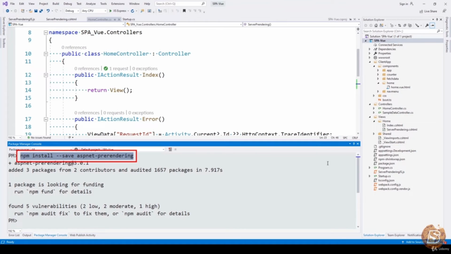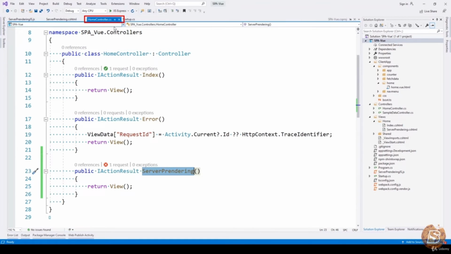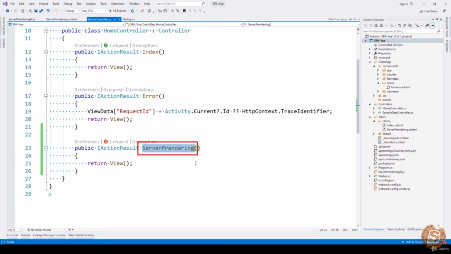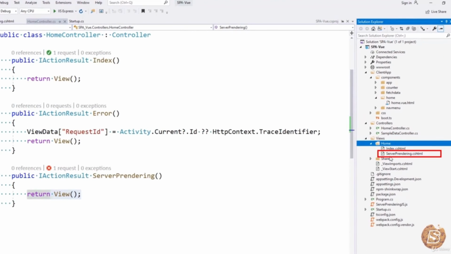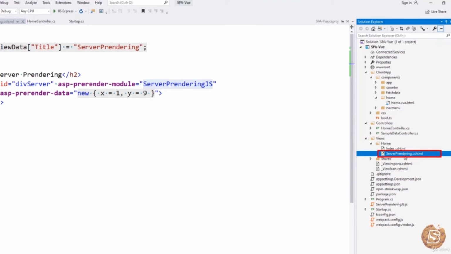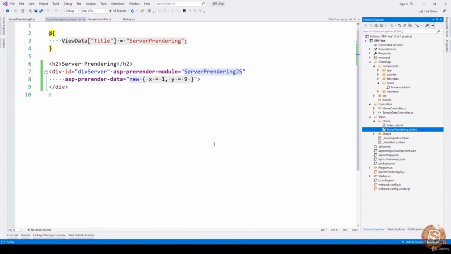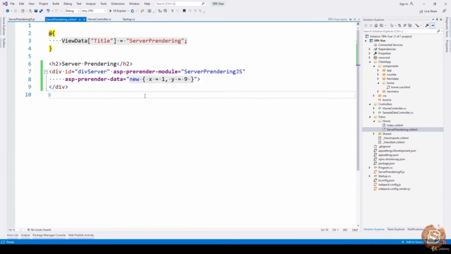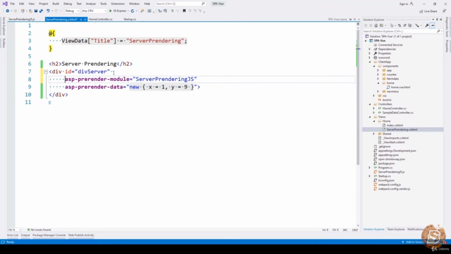So once installed, the next thing that we need to do is inside our home controller, you can see I've created this method called ServerPreRendering, and it's just returning a view. So inside Views, Home, you can see the ServerPreRendering.cshtml page has been created. Now inside this, you will notice a couple of tags, for instance asp-prerender-module and asp-prerender-data. Now prerender-module refers to a JavaScript file, and prerender-data is basically used to pass parameters to the JavaScript